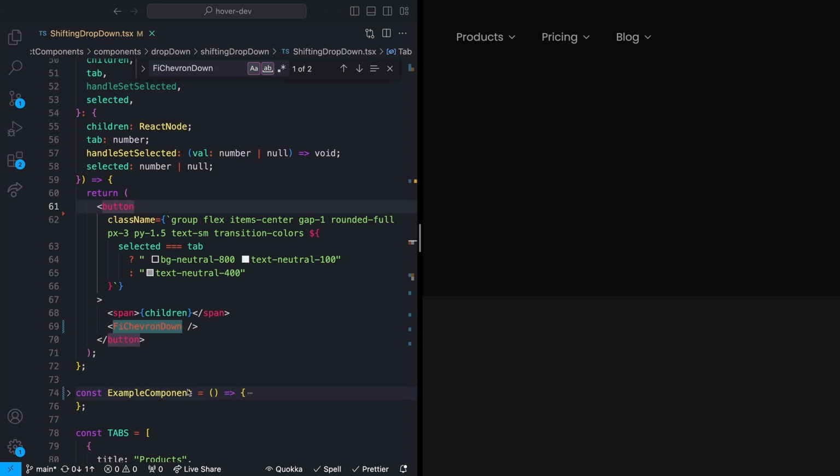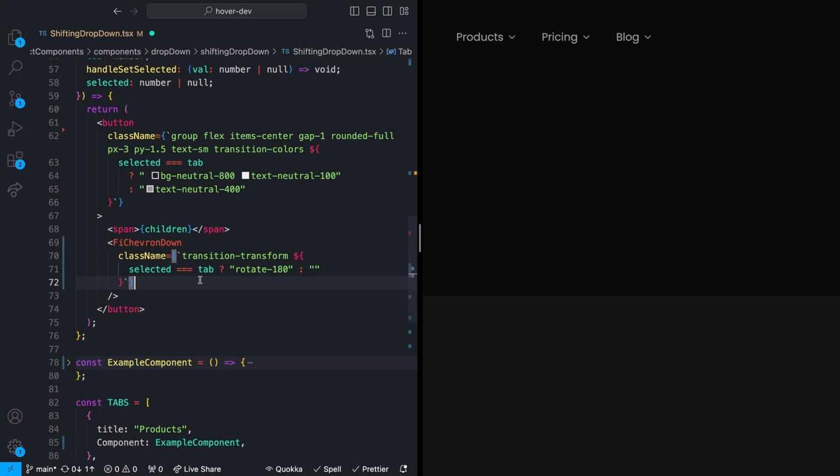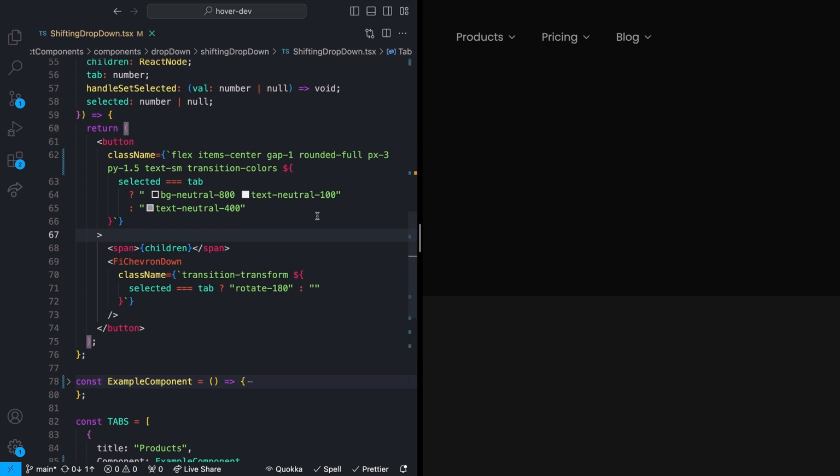We want something similar for our chevron icon right here. Let me close this up. So I'll add a couple of spaces right here and drop my class names in. All that I'm saying here is to transition on transform, and then if the selected tab is the current tab again, then I want to rotate 180 degrees, else I don't want to rotate at all. I'm also realizing that I actually don't need this group. I probably did this based on a group earlier and then decided against it. So I'll just remove that group from right there, and I think that should still work.